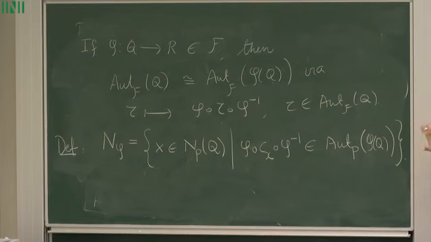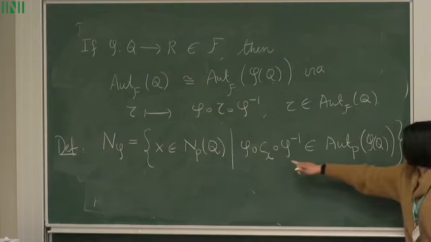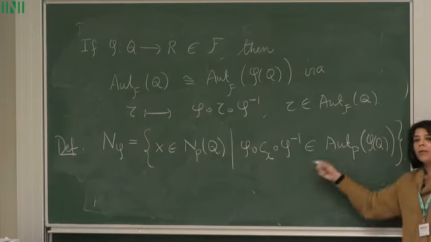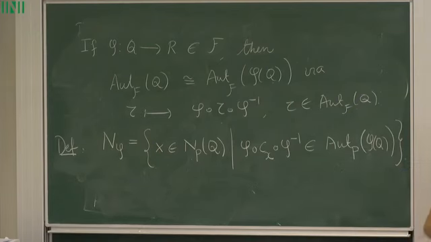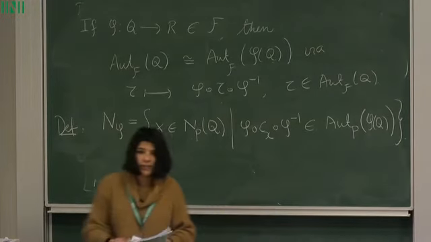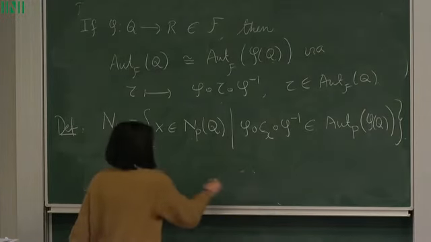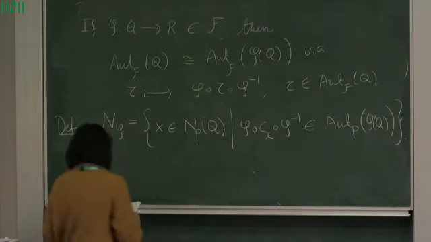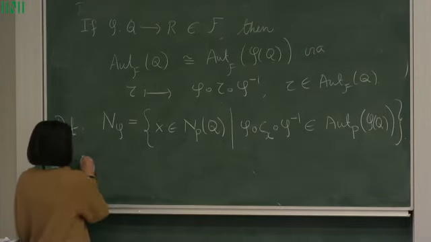but you may fall out of the image of Aut_P(Q). Okay, so what you're doing is you're only taking those x's which have the property that when you do this transport of structure, you're still an automorphism induced by P. Okay, and so this is an important point here. Okay, and so what this N_phi is, well, if you think a little bit about it,